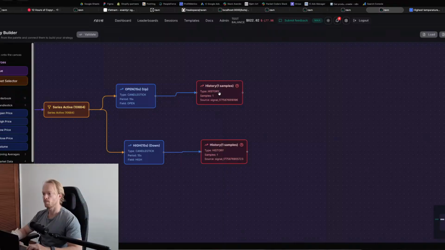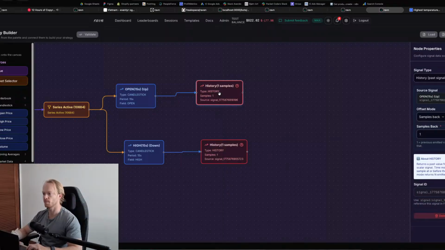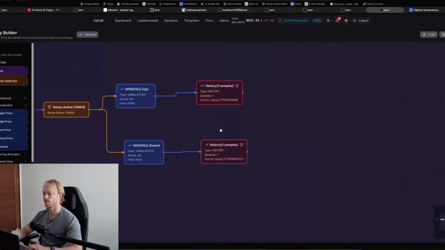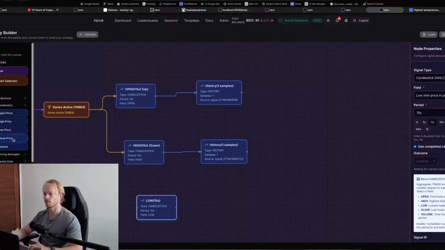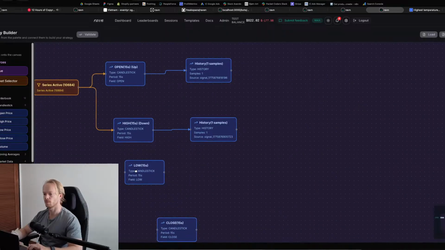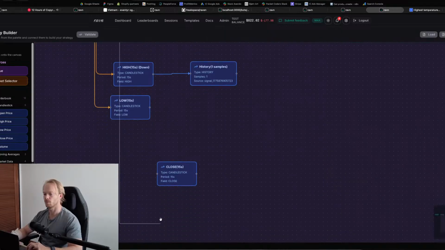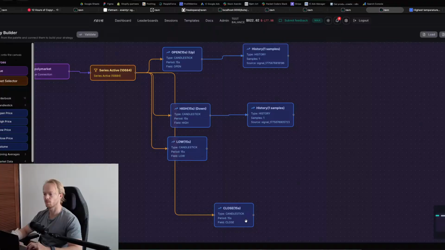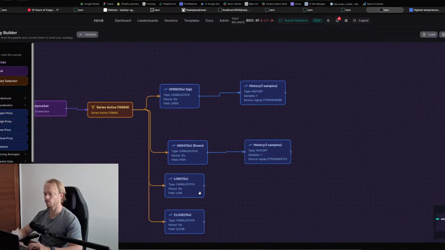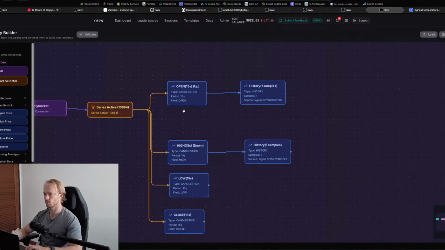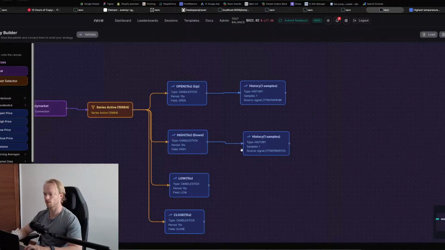Yes, okay, so comparing history, one candlestick back. I think I want low and